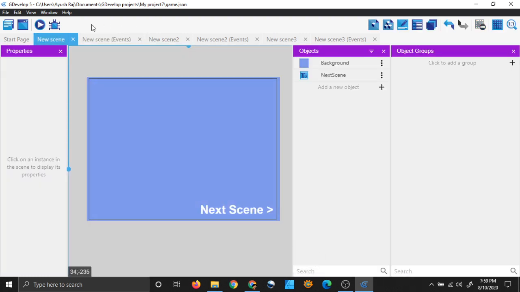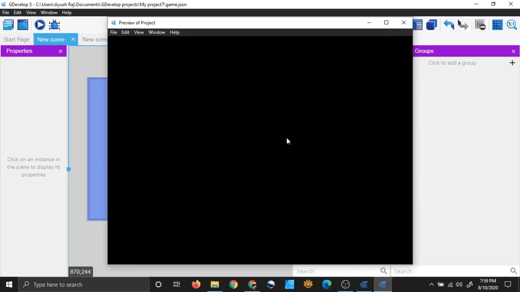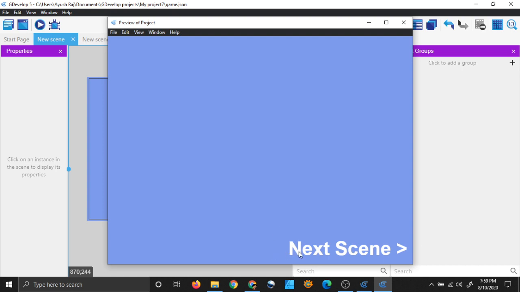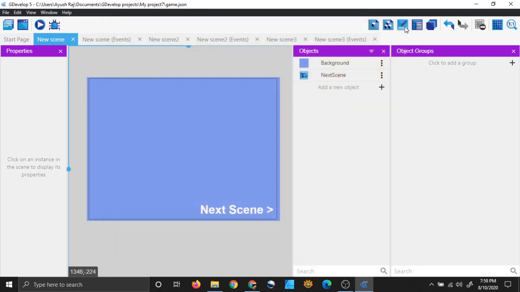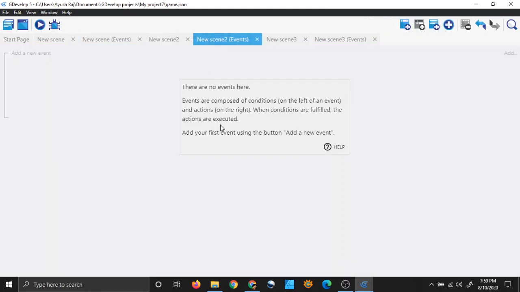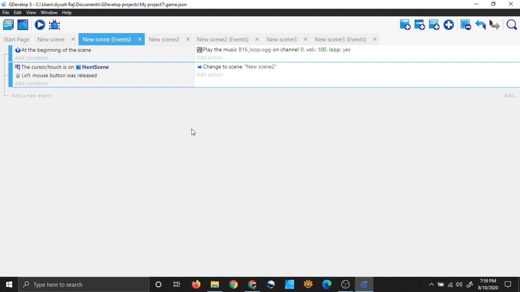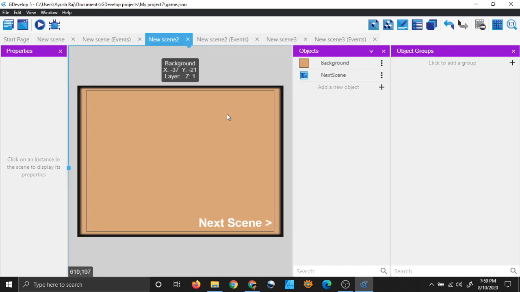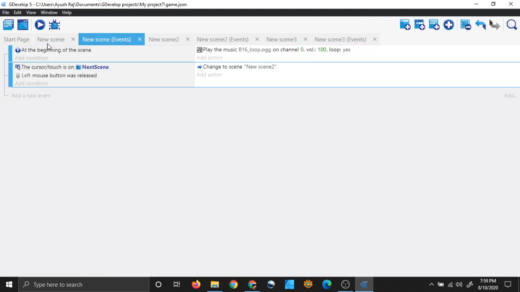Now we will be able to go to the next scene. So let's try this out. So I am in the next scene, but music is still being played. In our next scene, I have not written any code to play the music, but the music was still being played, right? I am playing the music in my first scene, but when I went to the second scene, the music was still there. So that's the advantage of channels.